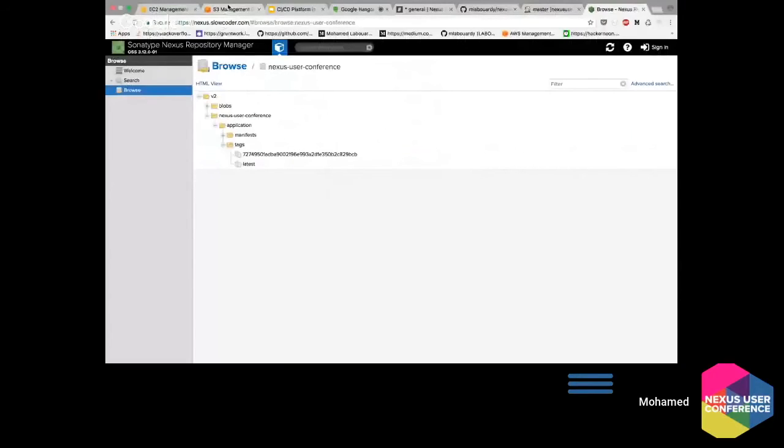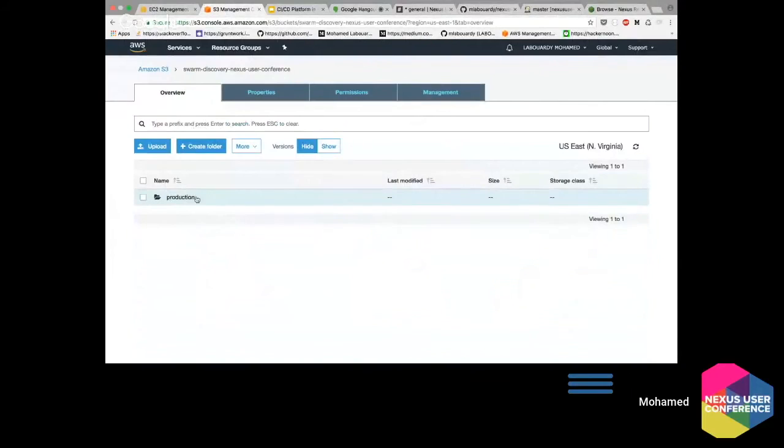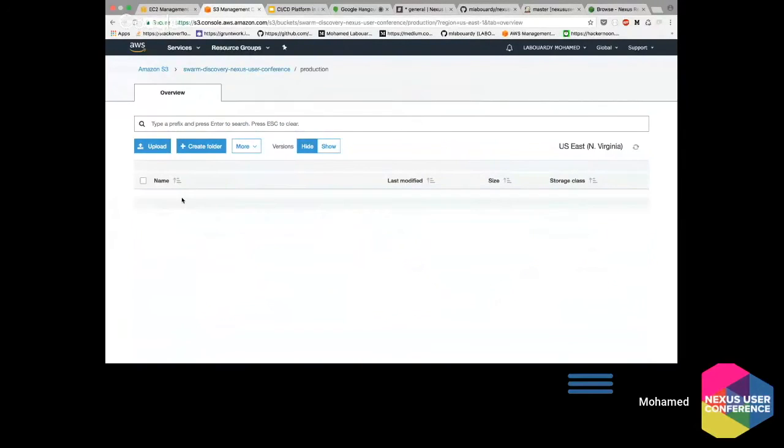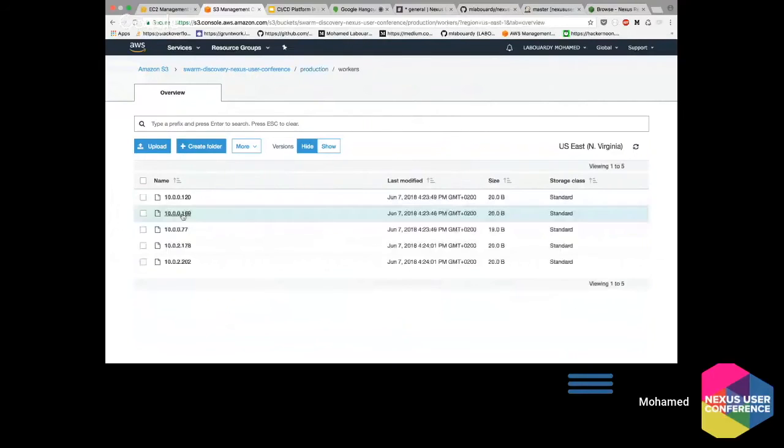So here on the S3 Management Console, if I refresh this page, I should have a folder which was created by the first manager, or the first node that was created by Terraform. And this node will store the tokens on this file, and then it will register its IP address to this bucket. So now all the nodes that will join the cluster will register their IP address on this S3 bucket. So if I refresh this, as you can see, my 5 workers have joined the cluster and they registered their